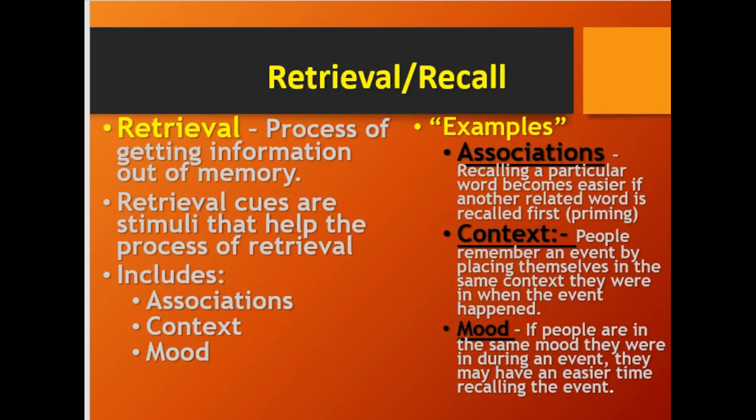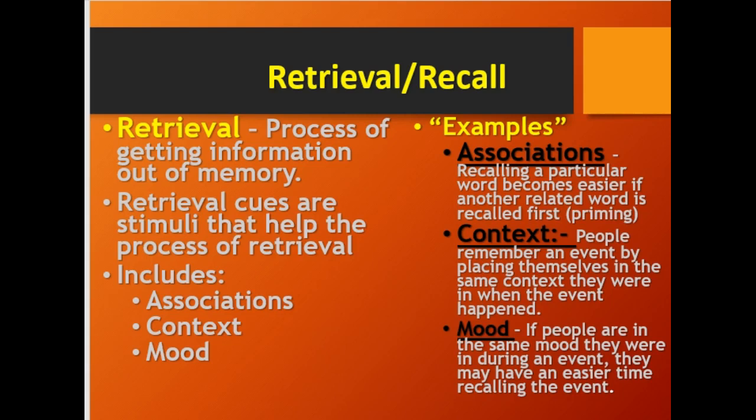Retrieval and recall. Retrieval is the process of getting information out of memory. This is long-term storage, where the information has been transferred from working memory into the long-term memory store, where it has been consolidated and we decide what needs to be retrieved. Retrieval cues are stimuli that help the process of retrieval, and they include associations, where recalling a particular word becomes easier if another related word is recalled first,